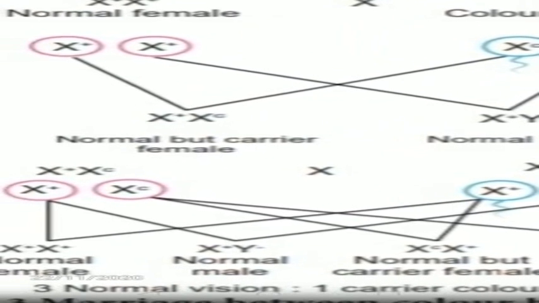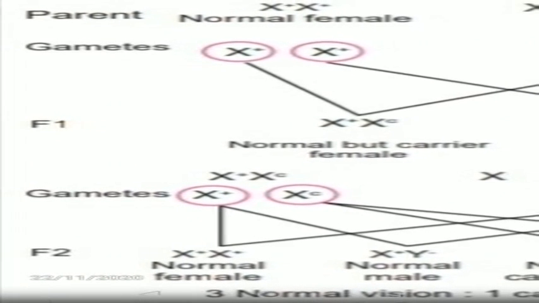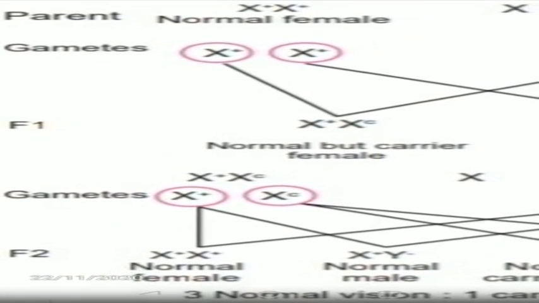No one is infected by color blindness. But in the F1 generation, the females are carriers. What is a carrier? Since they are not affected by color blindness, but they are carriers, they can transmit the disease from the F1